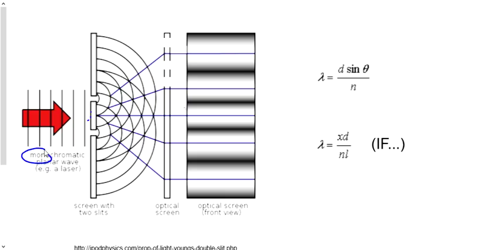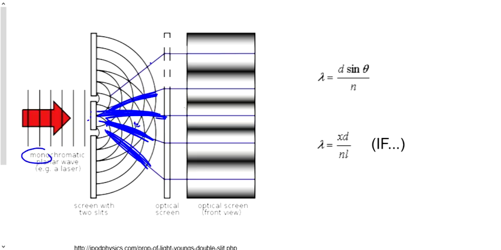Now, we get areas of constructive interference where crest and crest meet or trough and trough meet, but we also get areas of destructive interference where crest meets trough. If we were to be able to see the interference that was taking place from overhead, then we would see a line of constructive interference right here. That would be big crests and big troughs resulting from crest and trough. But right beside it, we would see an area of destructive interference where crest met trough. We would see nothingness there, darkness, the absence of light. But then right beside that, we would get an area of constructive interference, then destructive, then constructive, and so on